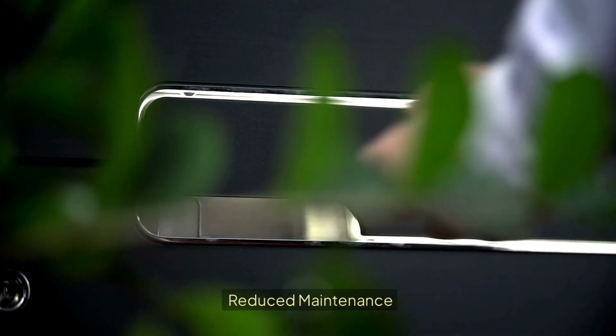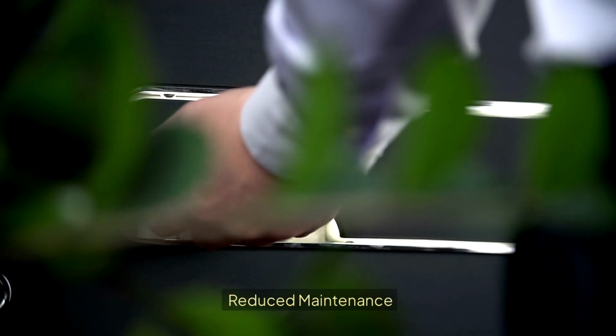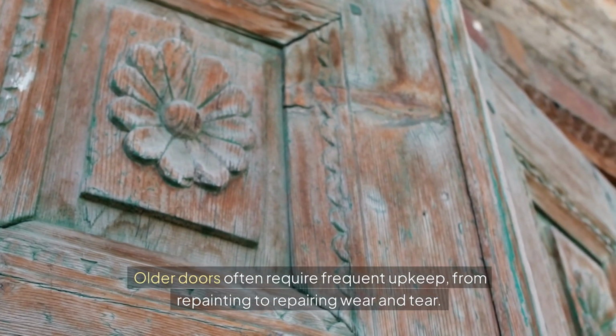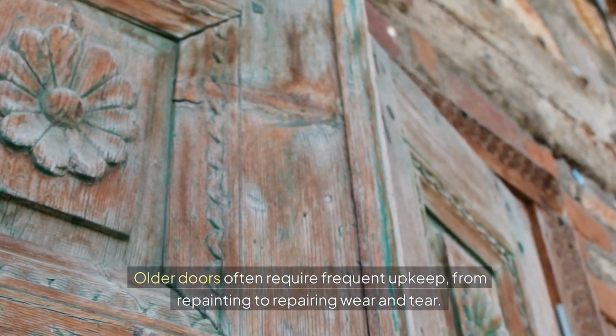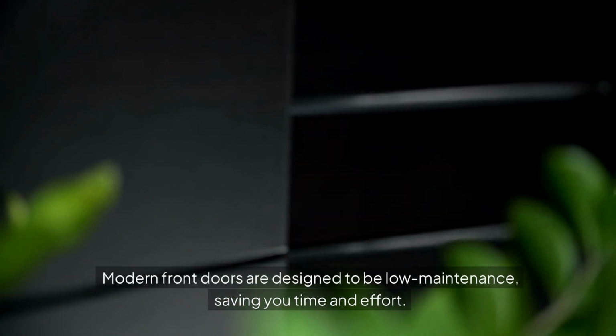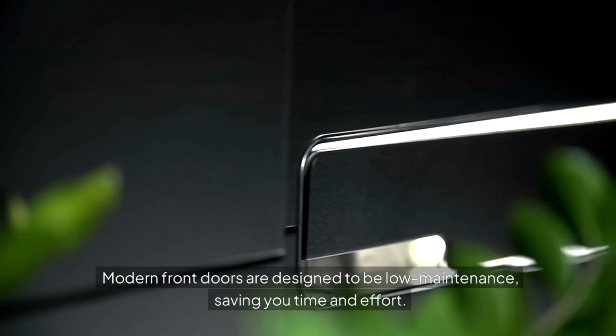Reduced maintenance. Older doors often require frequent upkeep, from repainting to repairing wear and tear. Modern front doors are designed to be low maintenance, saving you time and effort. Low maintenance features include